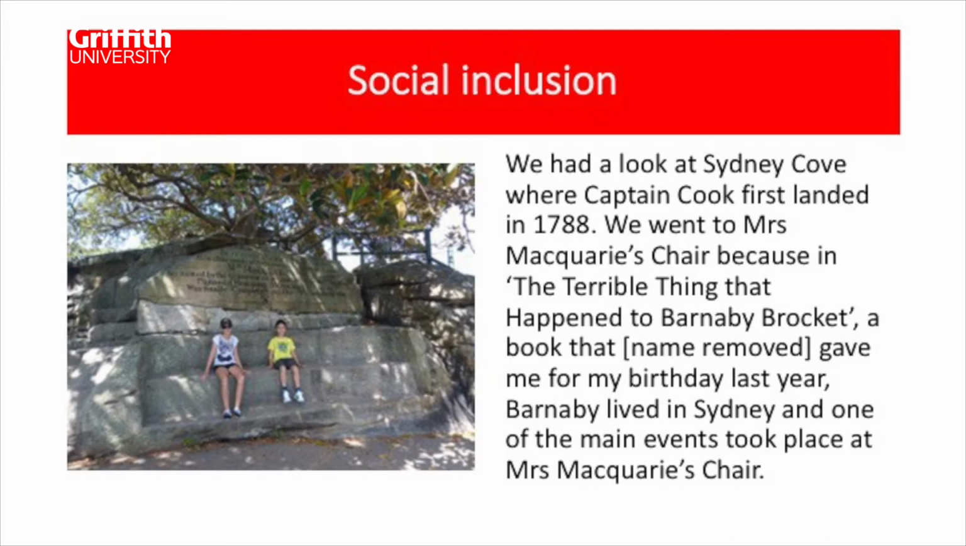In relation to Bob the Great's evidence of social inclusion, I've included a slide here. Bob the Great said that we had a look at Sydney Cove where Captain Cook first landed in 1788. We went to Mrs. Macquarie's chair because in The Terrible Thing That Happened to Barnaby Brockett, a book that a friend had given him for his birthday last year, Barnaby lived in Sydney and one of the main events took place at Mrs. Macquarie's chair. The analysis undertaken by Exley and Willis identified that 96% of the posts contain evidence of Bob the Great's social